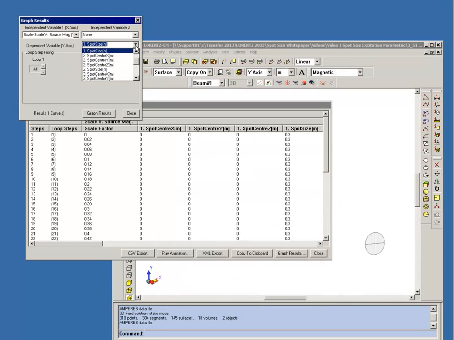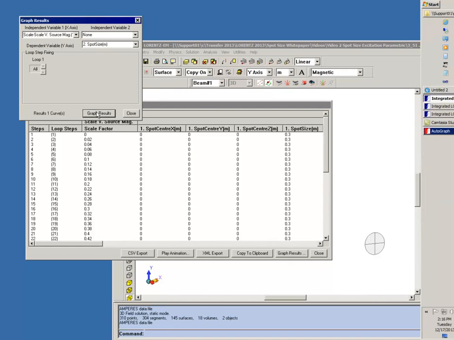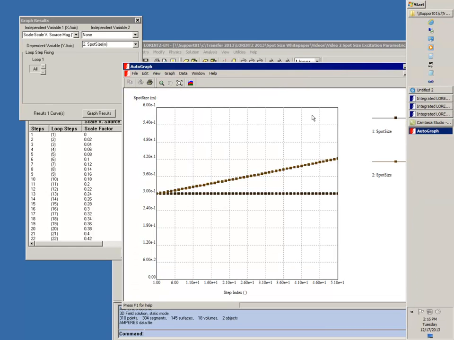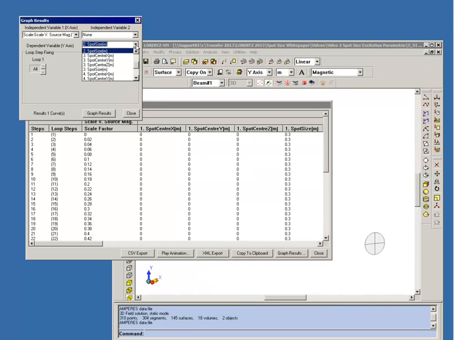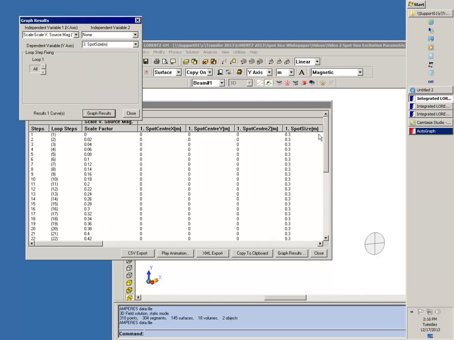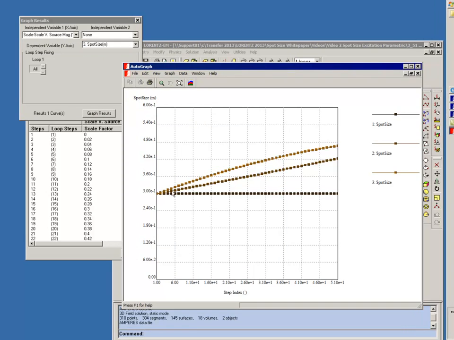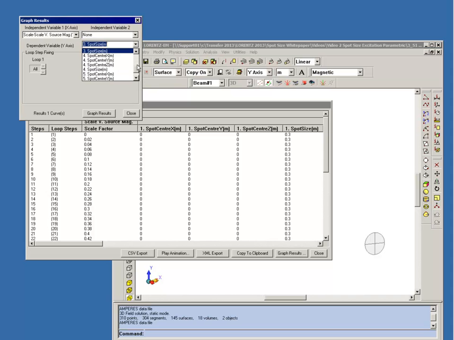Next we'll look at the spot size variation midway between the two quadrupoles, and you can see that there's a steady divergence as you increase the excitation level. Then just beyond the second quadrupole. Now here again we see an increase, but the increase begins to drop off at the higher excitation levels. Then at 4.5 meters,